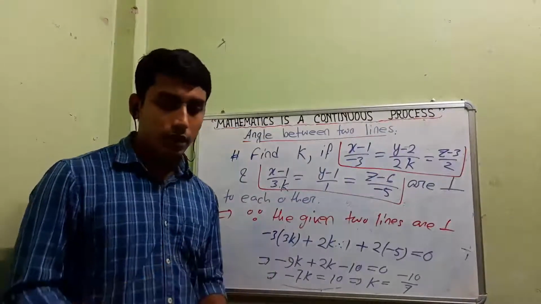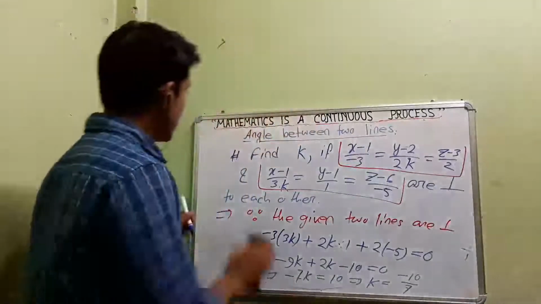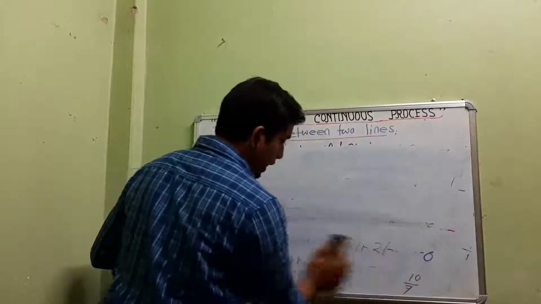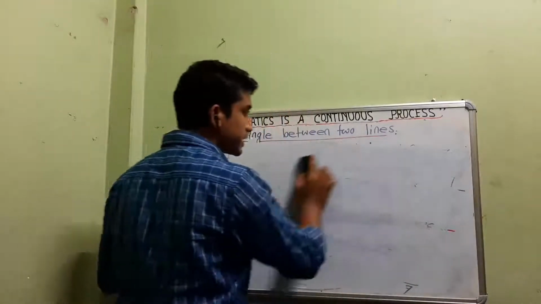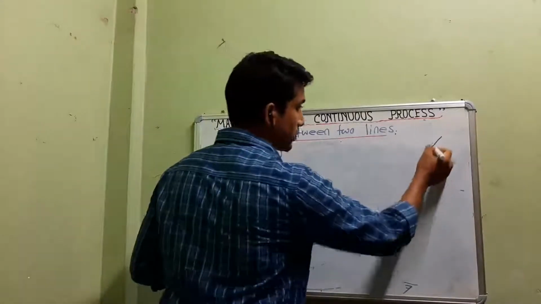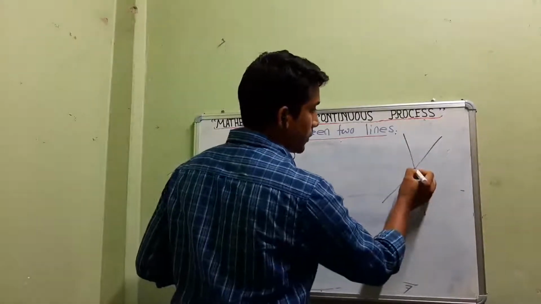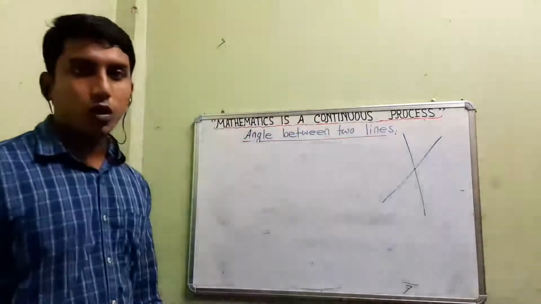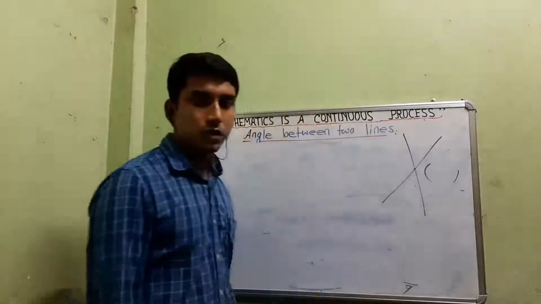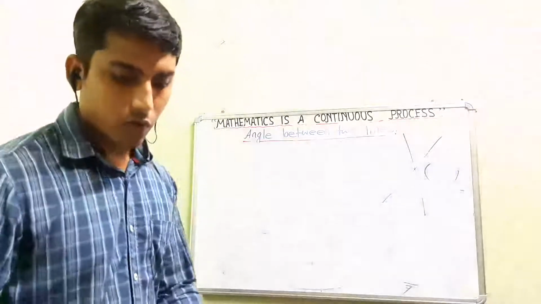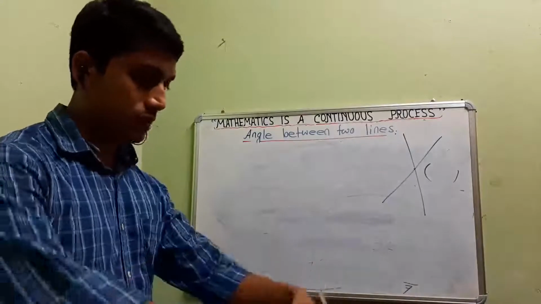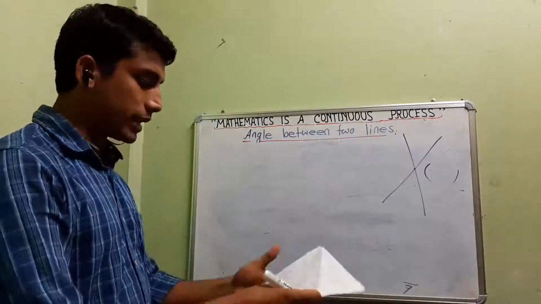Now one more thing, let me quickly discuss that one: how to check whether two straight lines are intersecting or not. Suppose these two straight lines are there, whether they are intersecting or not. If they are intersecting, obviously the point of intersection will be there. That concept we will learn here: how to check the intersection of two straight lines. Let me discuss this one also by taking an example.